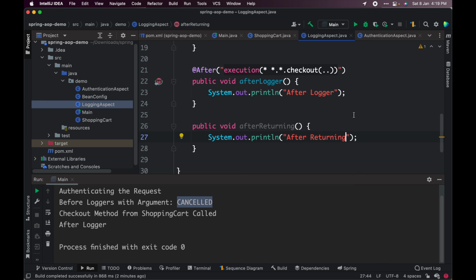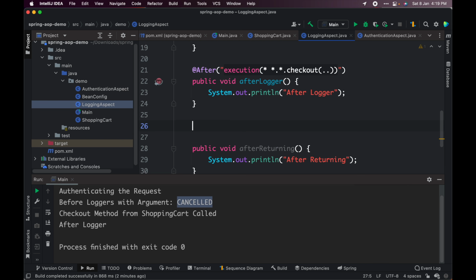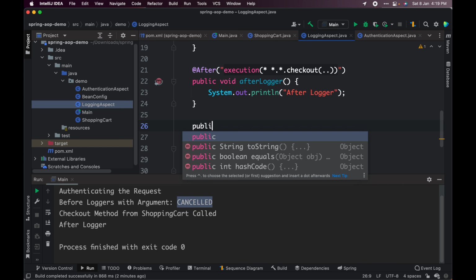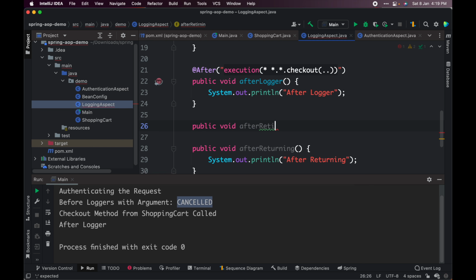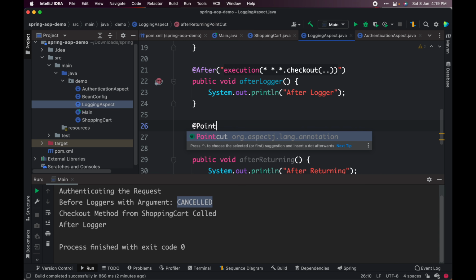Okay, now for this we need to define a point cut, right? So what I'll do, I'll just define public void after returning point cut, hope the spelling is correct, and I'll just mention this is a point cut.